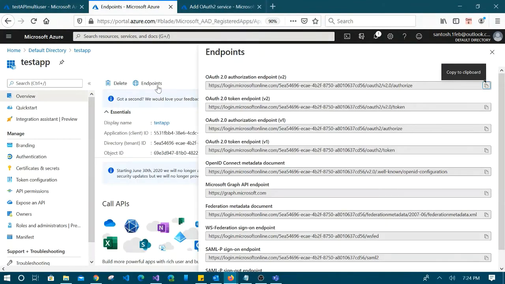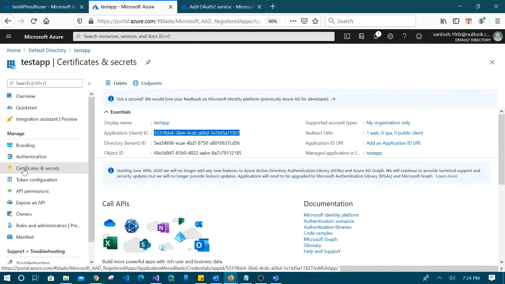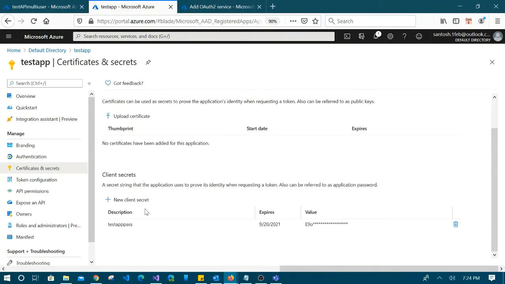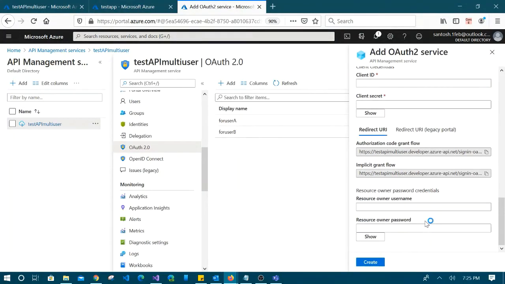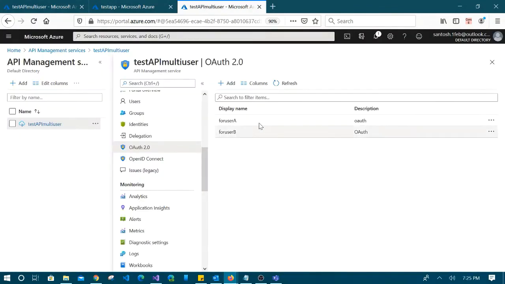For this app, this would be your client ID, and the client secret you can get from certificates and secrets: the secret that you have created, you just copy it and paste it here. That's it. So your first OAuth will be created here.